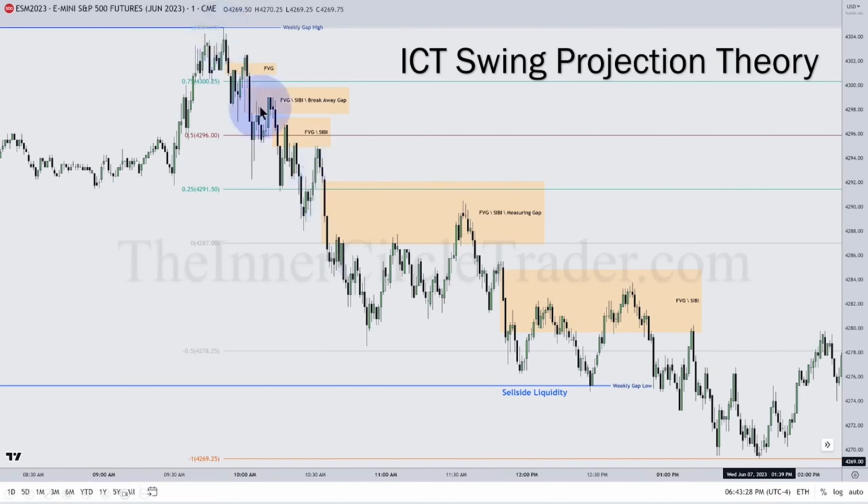Then we can take the high, project it down to the low of the gap if we're bearish, and then get our standard deviations. But that standard deviation -1 has to be in agreement with moving below an old area of liquidity. So between these two things, that makes us have the precision. Okay. It's not simply you take a fib, put it over two different price swings, and then you're going to get the same math that I have. But understanding that gaps have a hierarchy, okay? And this is how I qualify my gaps.